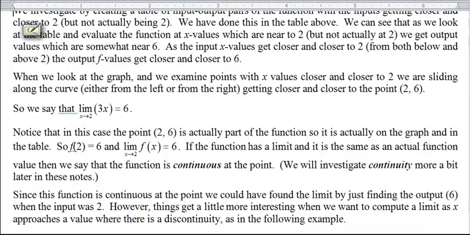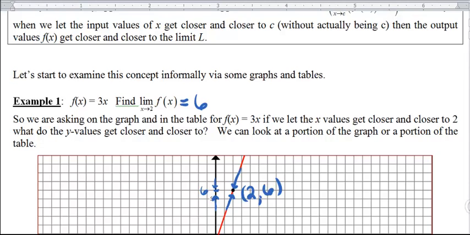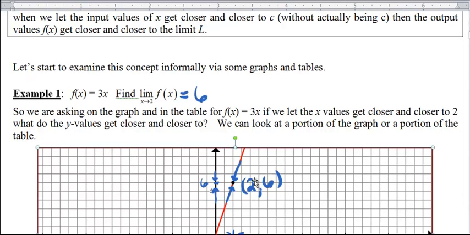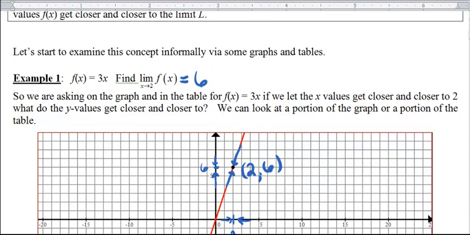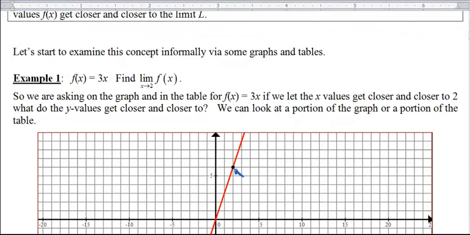Now in this particular case, this is what we call a continuous function. Notice that the point (2, 6), not only is it our limit value, it actually is a point on the graph. And so what that's going to mean for us is not only are we getting closer and closer to that point (2, 6), but that point right there is actually a point on the graph,